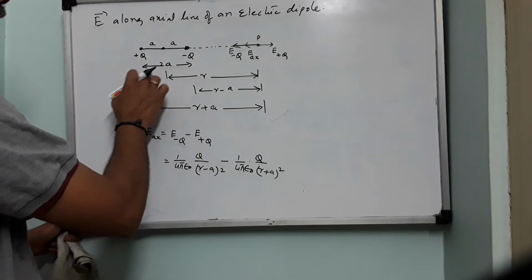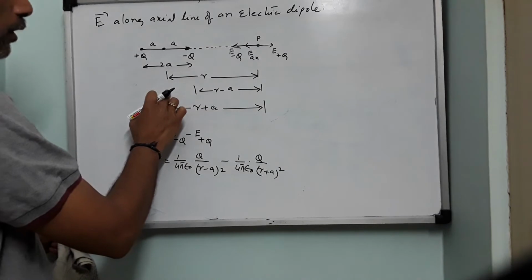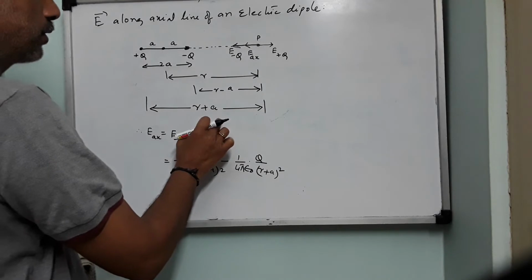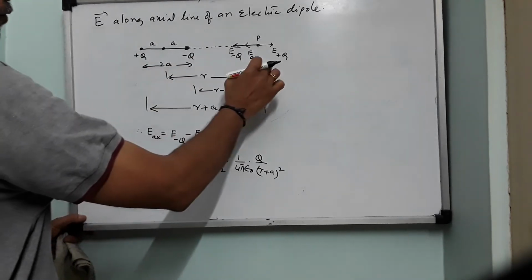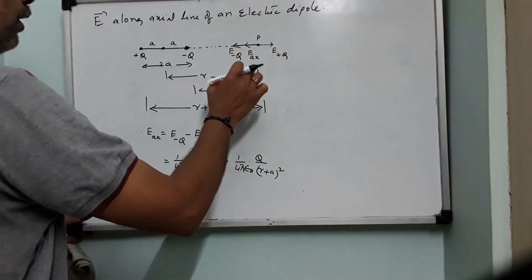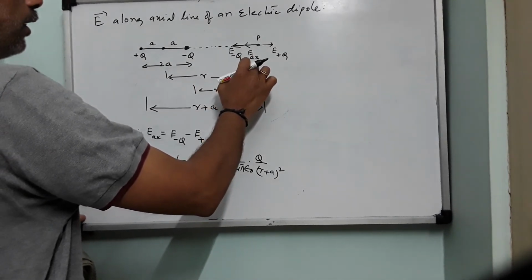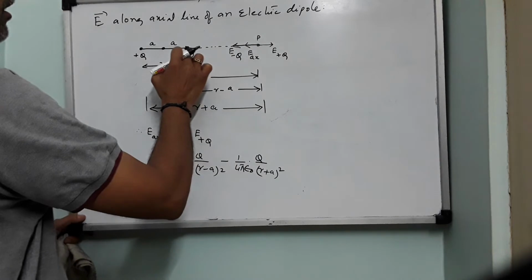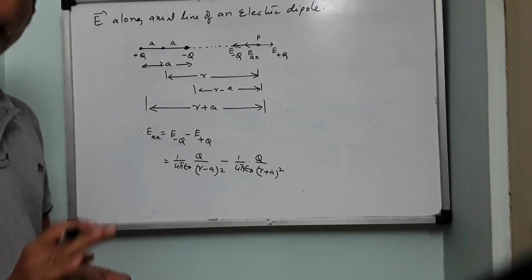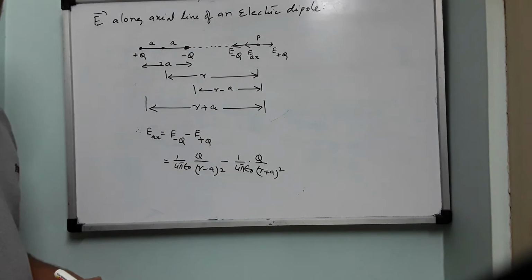Consider an electric dipole of length 2a. Consider a point P at a distance r from the center, so that minus q is at a distance of r minus a and plus q is at a distance of r plus a. Plus q will produce an electric field radially outwards. Minus q will produce an electric field radially inwards. In the net electric field, E minus q is greater than E plus q. As a result, the net electric field E axial is directed towards the minus q. This is not necessary to be written in the examination. No need to write anything. Try to understand the concepts and do it as it is.